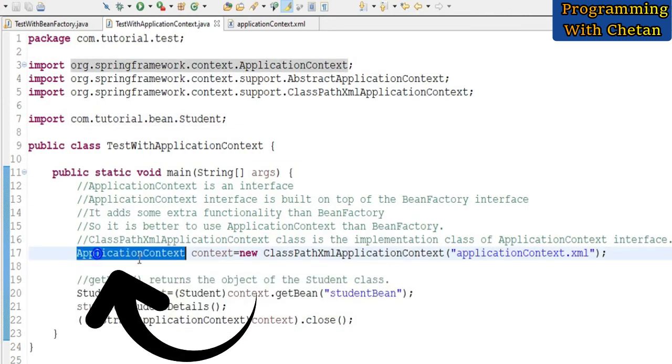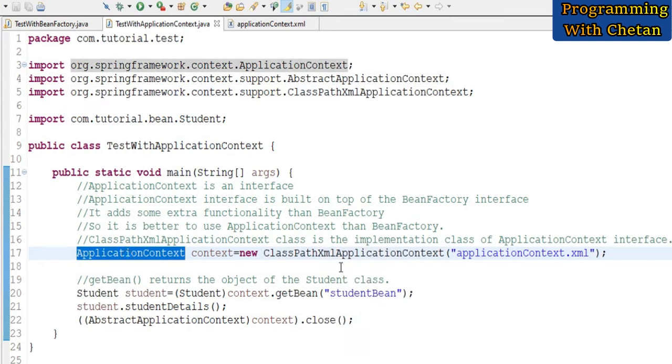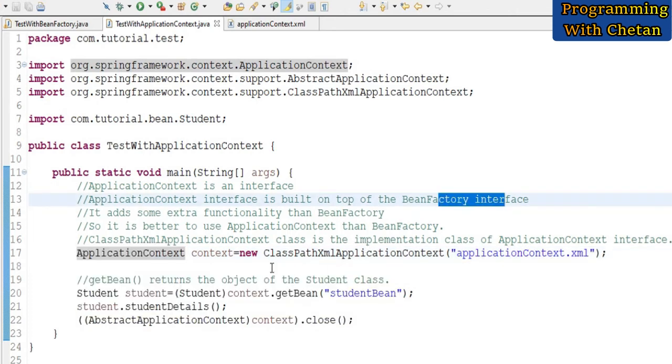So friends, this ApplicationContext is an interface, and ClassPathXmlApplicationContext is an implementation class for our ApplicationContext. And in our ClassPathXmlApplicationContext we are passing the name of our configuration file, that is applicationContext.xml. And my dear friends, this ApplicationContext is developed on top of the BeanFactory interface. So it provides various extra functionalities other than BeanFactory.